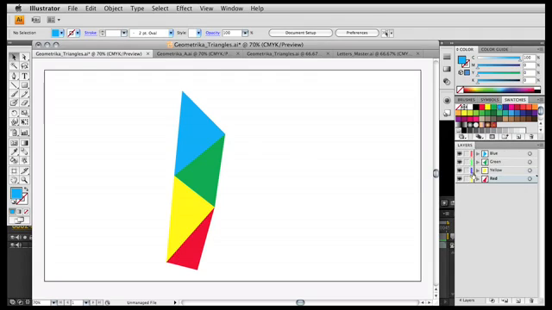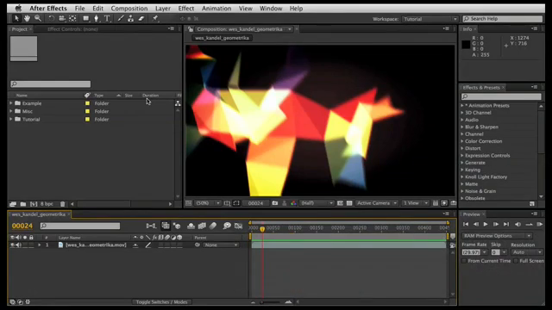Now, it'd be nice if all these colors matched, but it doesn't really matter because After Effects doesn't use these colors. Okay, now that we've got them all separated into layers and everything is fine, I've already saved this file, so I'm just going to hit Command S to save over it, and it was saved as Geometrika triangles. So we'll go back into After Effects, and the way you bring in a layer from Illustrator is